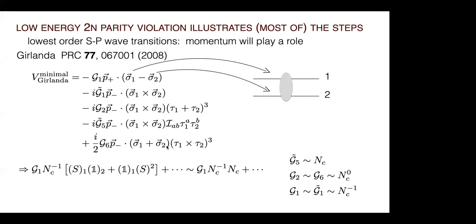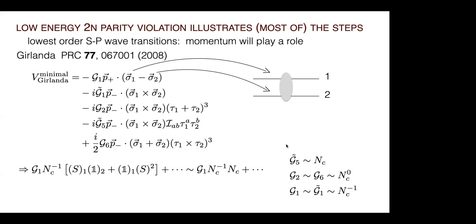And if I look at just this first one and play this game, I've got my 1/NC from the relativistic momentum. I've got a spin operator on nucleon line 1, but just the unit operator, nothing's happening in the other, and also there's no isospin going on here. And I've got 2 components. Oh, there should be a minus sign here, but okay, this is all just scaling. And you're putting all this together and pulling out the NC, you see that this would tell you that G1,